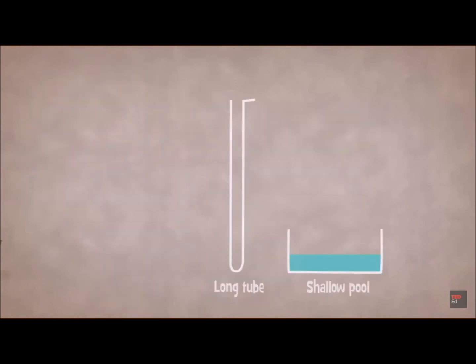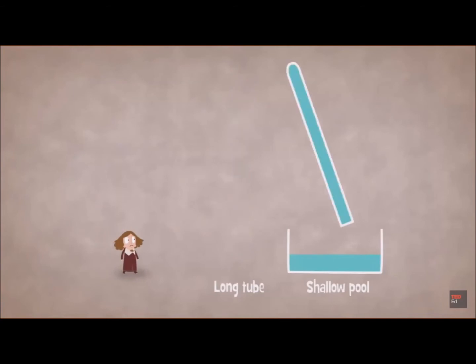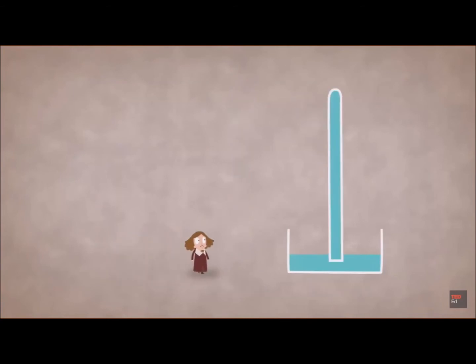A long tube was filled with water and placed standing in a shallow pool with both ends plugged. The bottom end of the tube was then opened and water poured out into the basin until the level of the water remaining in the tube was 10.3 meters. With a gap remaining at the top and no air having entered the tube, Berti had succeeded in directly creating